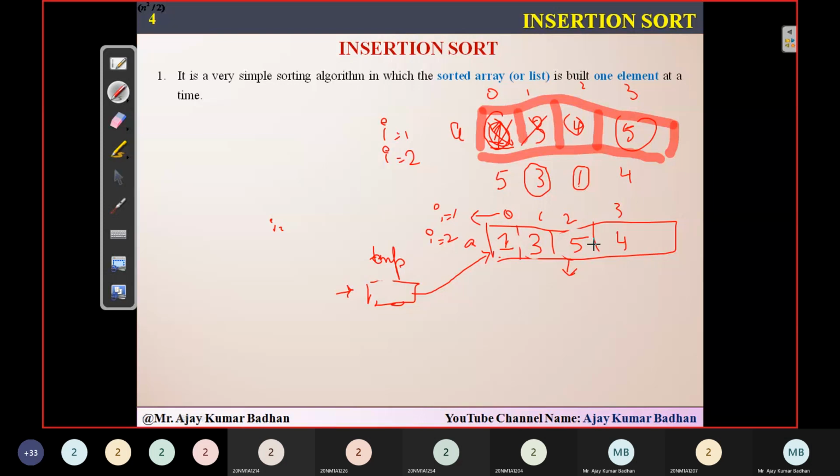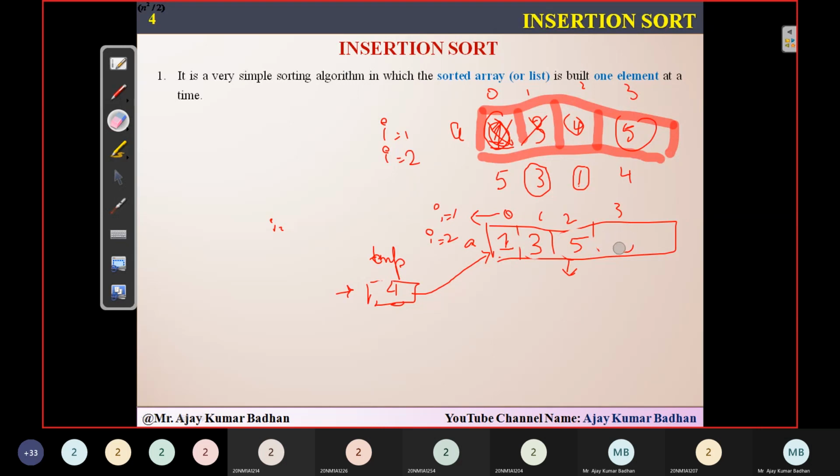After this, we have to fix the next element we have in this particular location, which is 4. So I will bring 4 in this scenario. When I bring 4, it will be compared with 5 first. You know that 4 is less than 5, obviously.